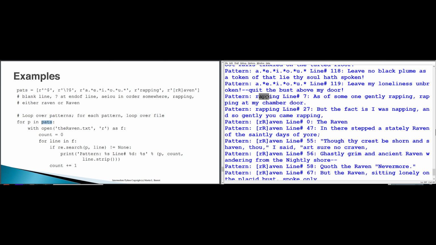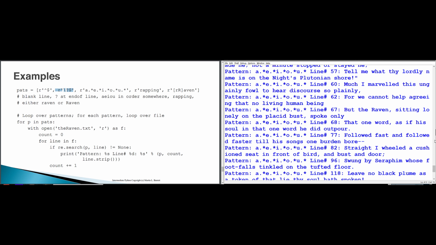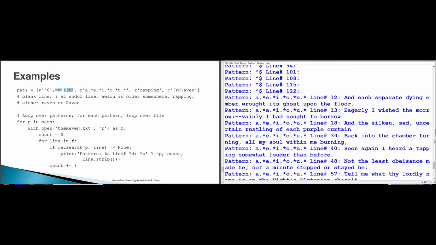The next pattern we're looking for is wrapping. Oh, by the way, I guess the very first pattern we were looking for was empty lines. Oh, we did see those. Okay, we looked for empty lines and we found a whole bunch. We looked for lines that end with a question mark. I don't think we found any lines that end with a question mark. Right. We didn't find any because if we look at the actual poem,